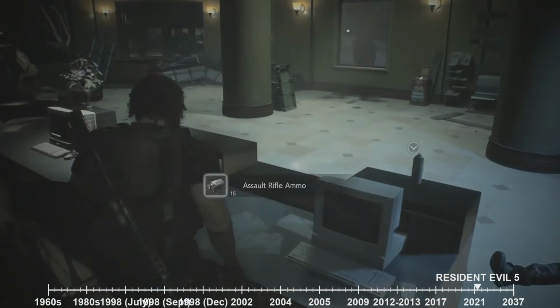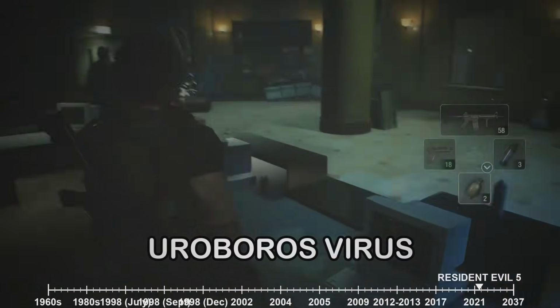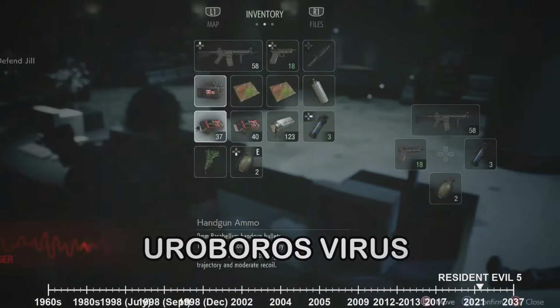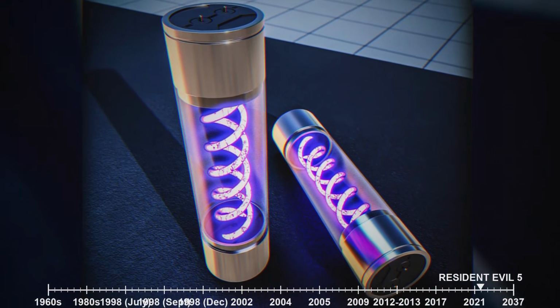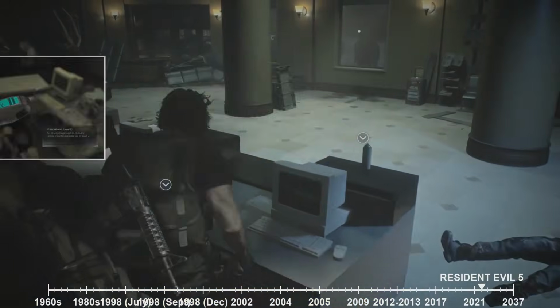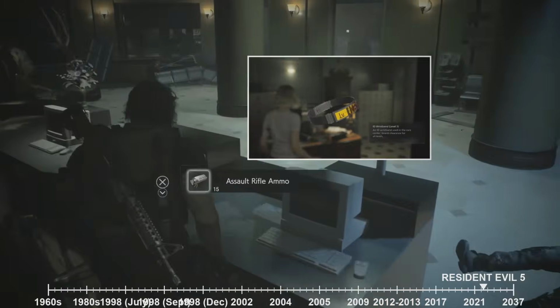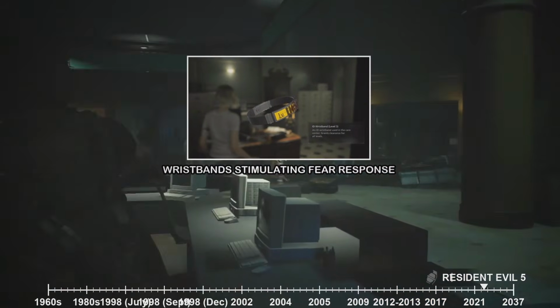Meanwhile, Claire and Moira, through their own harrowing experiences and discoveries, piece together the true nature of the Uroboros virus variant being utilized on Sumia Island. This particular strain is not simply designed to create monsters, it is engineered to measure and amplify fear. The wristbands, they realize, are not just monitors. They are active agents in this process, stimulating the body's fear response and potentially accelerating the mutation process in those